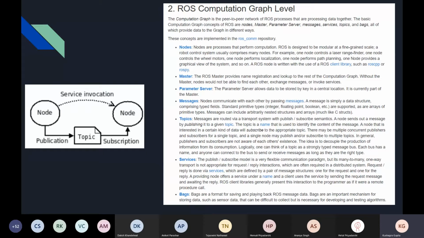A very crude analogy, again not very accurate, but I think it will help you understand what it does. It keeps an account of the IP address from where commands are being given, and the IP address where commands are being executed. So in case you're using ROS on your own PC, both of these IP addresses will be the same.